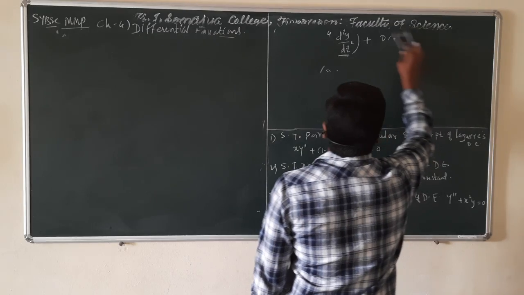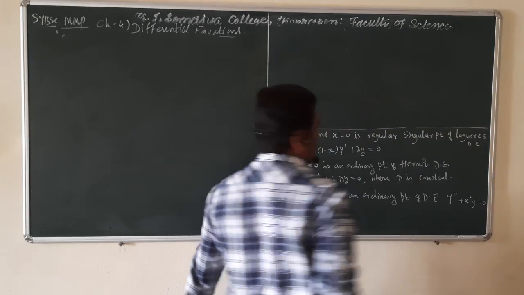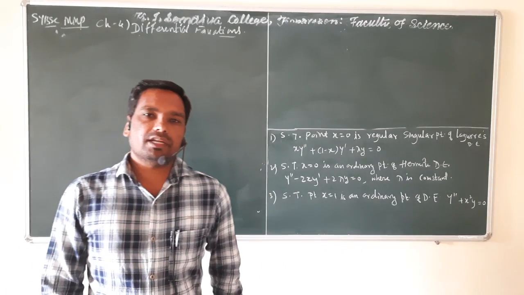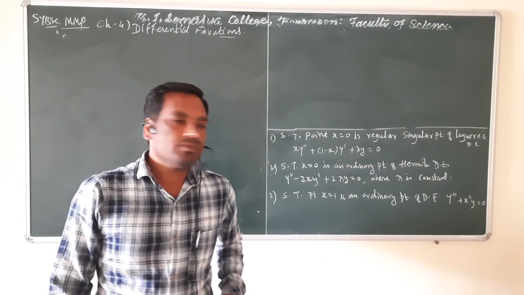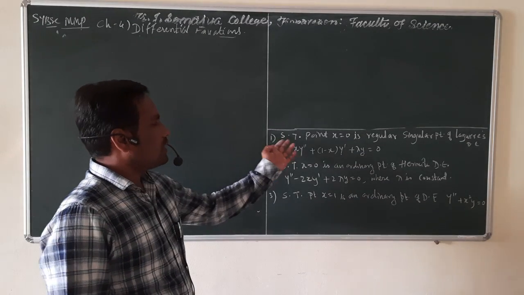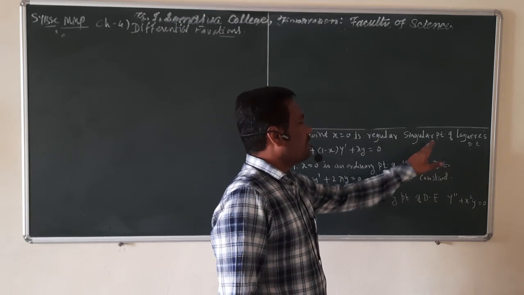So with this, theory of chapter number 4 is over. Only problems are remaining for chapter number 4. So the first problem of singular point is: show that point x is equal to 0 is a regular singular point